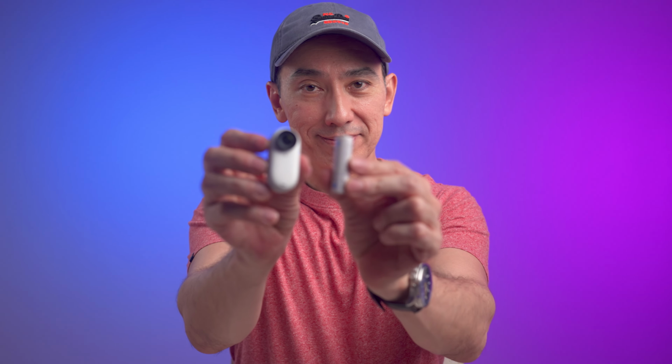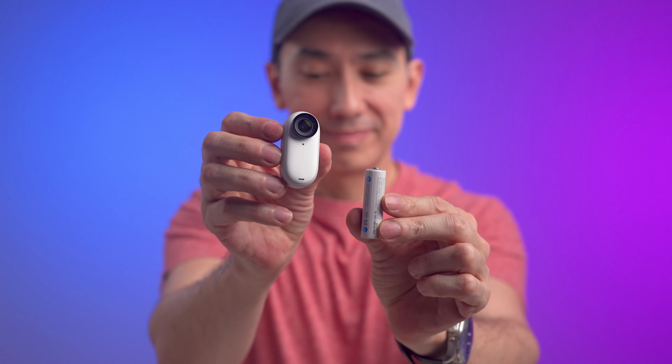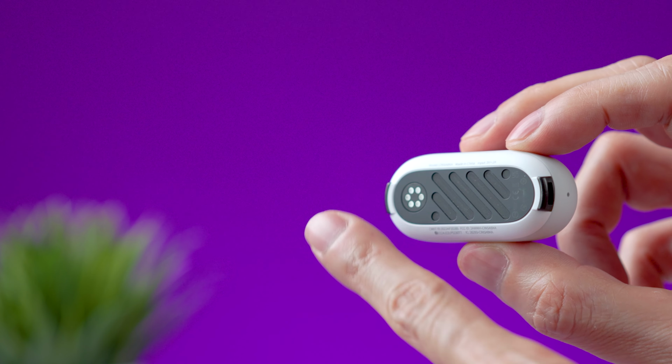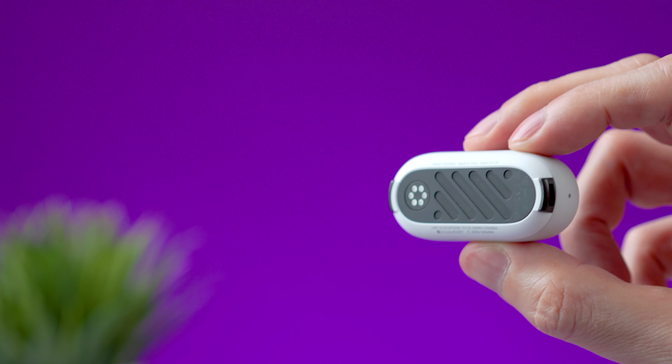The Go3 is this tiny camera that has an insane low weight of 35 grams. If you compare it to a AA battery, they are about the same size, so it's easy to take it anywhere with you. The back of the camera is magnetic, and this, combined with the low weight and small size,